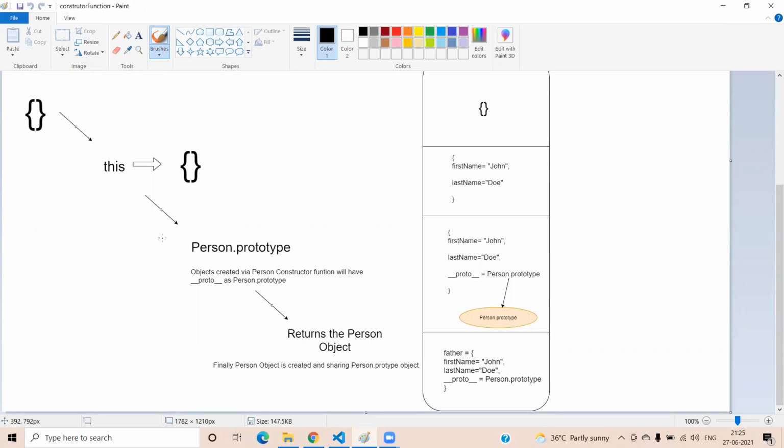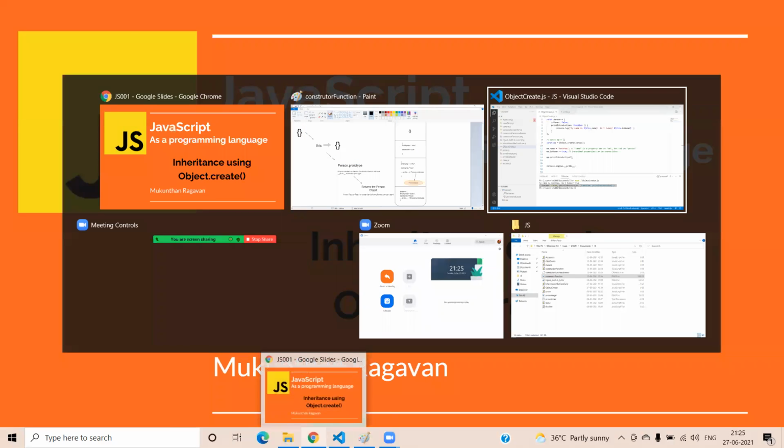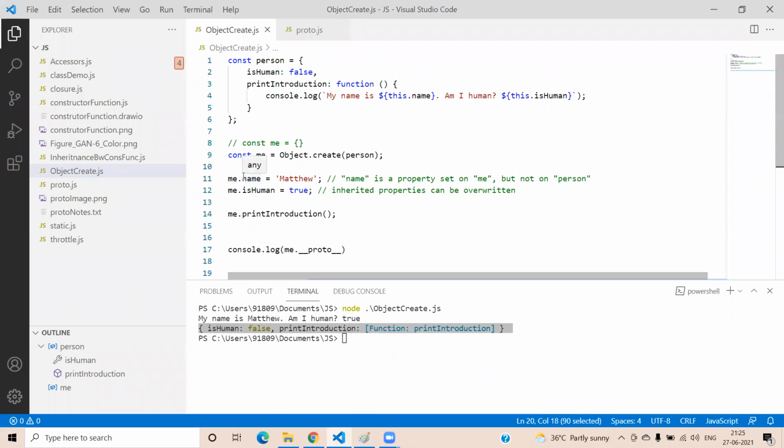A simple way, just a pre-introduction: you will be linking Student.prototype to Person.prototype, so that whenever a property is not found inside Student.prototype, it will directly connect to Person.prototype. In that flow, we will be using Object.create. Before going to that level, we are just understanding what Object.create is and how it works. We have seen Object.create takes the prototype to be set for the empty object, and we can use it at a later stage.